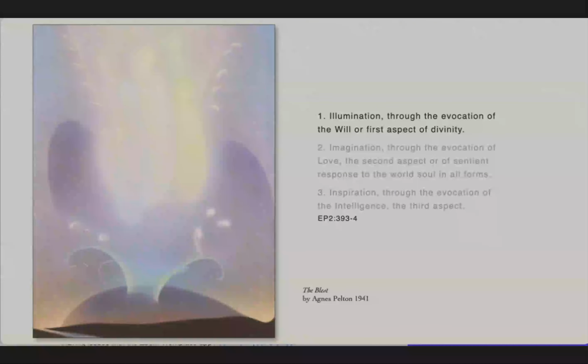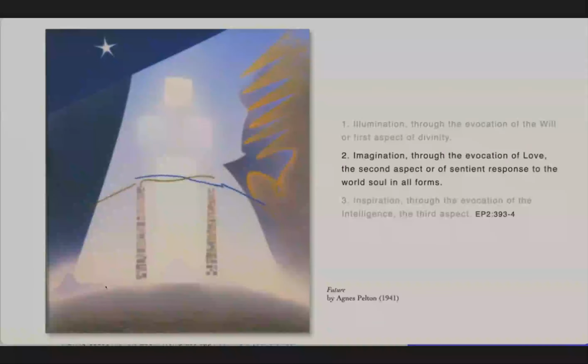This comes through an evocation of the will. So a lot of connection between mind and will. You'll notice in DK's teaching that 1 in 5 connection is very strong. 2, an increasingly creative and dynamic imagination, which stimulates the sense of relationship, resulting, curiously, in a strong sense of responsibility. This comes through the evocation of love.